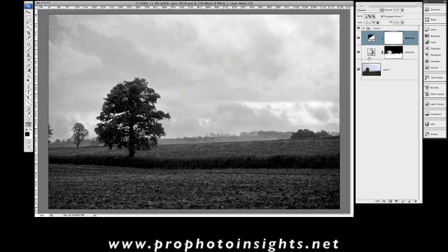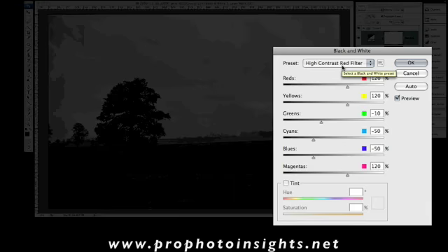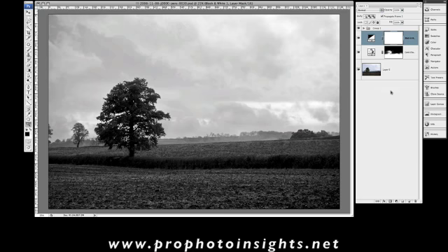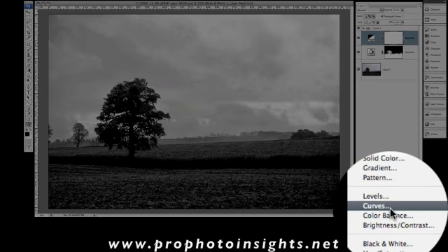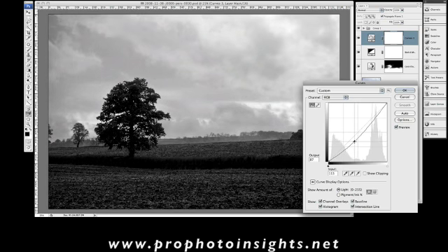Right, so we've had a bit of a play around with the black and white layer, and I'm using the high contrast red filter as I said because I want to really beef up the image. It was quite flat. The next layer I'm going to make another curves adjustment layer, like so, and I just want to darken the sky down a little bit now, just try and balance the picture out a bit more. So I'm just going to drag the curves, don't go too far, curves down like so, just to add a bit more